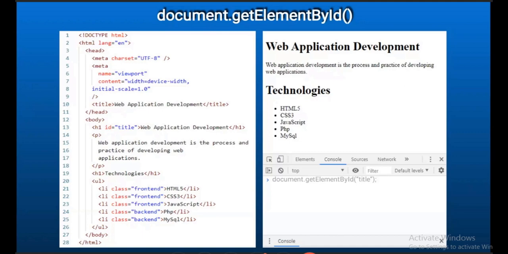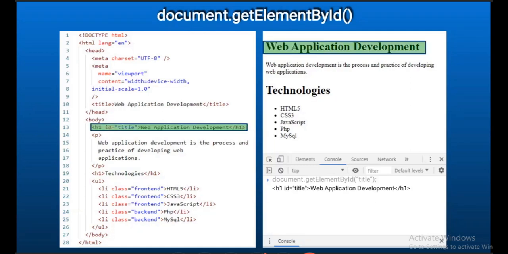So we gave document.getElementById and provided the ID title, and that particular element is displayed in the console. That is document.getElementById: we access an element using its ID. Now we will see how to access elements using the class name.